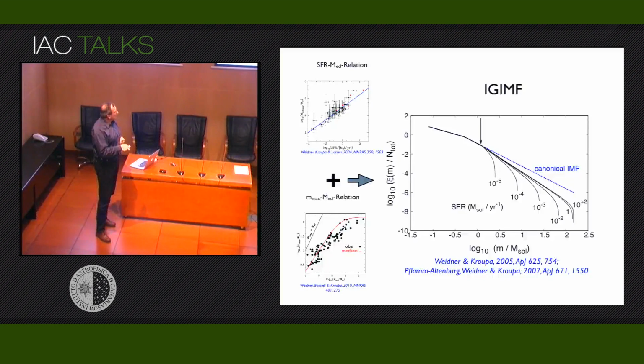The overall integrated mass function, because of all the very few massive star clusters and lots of small star clusters, changes. And for massive galaxies like the Milky Way and even more massive objects, there's very little difference. But for small galaxies like the LMC, SMC, and smaller, the effect can be quite dramatic. And especially if you have a dwarf galaxy which might not have interacted and forms stars slowly over Hubble time, you can have a completely different mass function compared to a dwarf galaxy which had a burst, an interaction at some point, and had a little burst which had a much higher